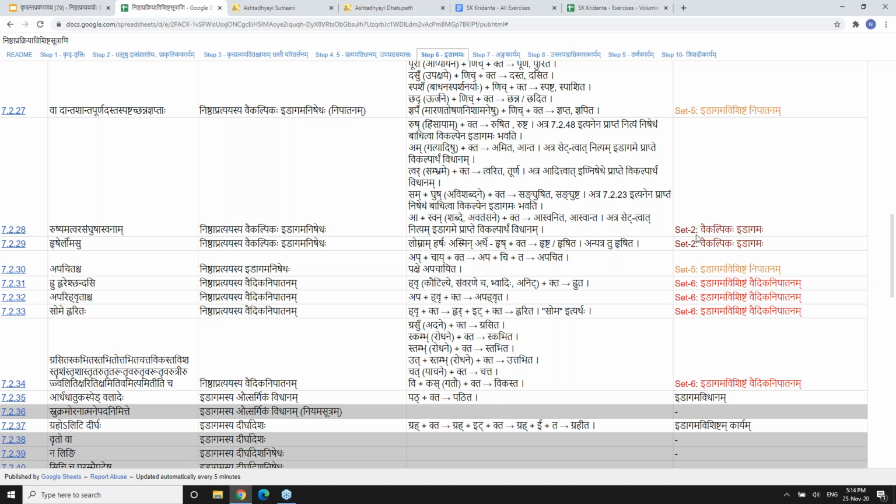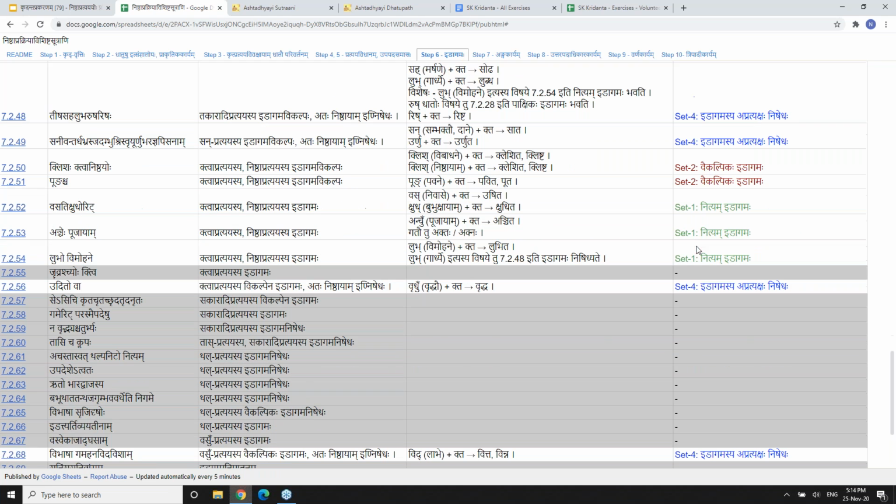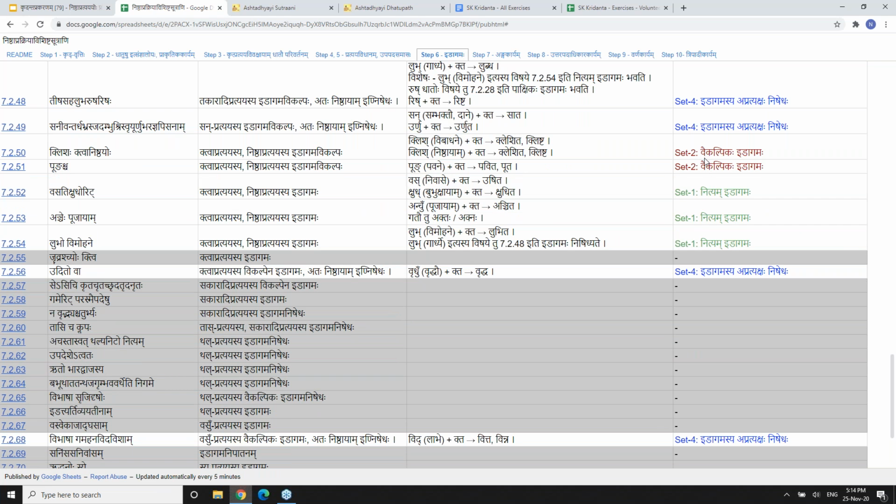Tadanantaram, so that was set 2, and then there are 2 more sutras, all the way towards the end over here. Klishaktva nishthayoho and pungashcha. Specific dhatus again, klisha and punga. For both of these dhatus, klisha is udit dhatu, pung is ugant dhatu. For both of them, yasya vibhasha will block the idagama compulsorily